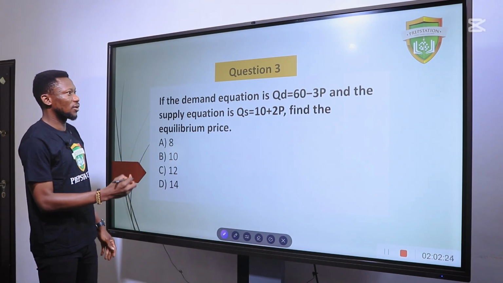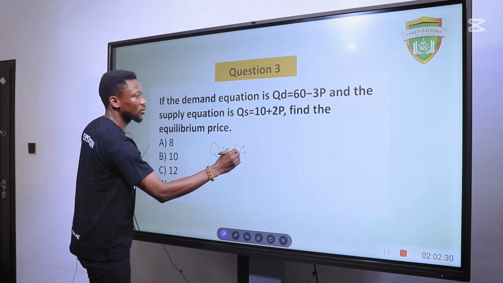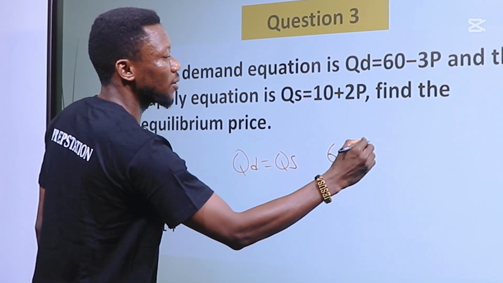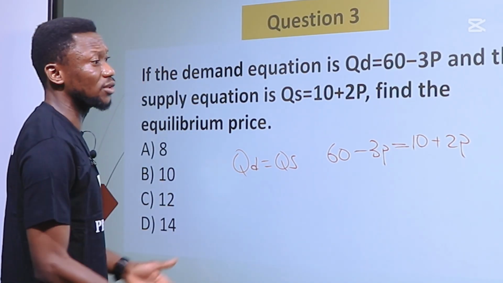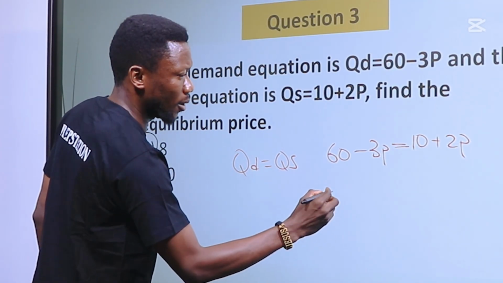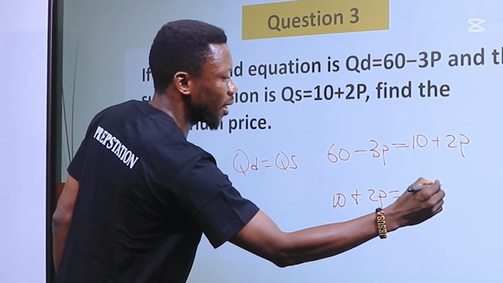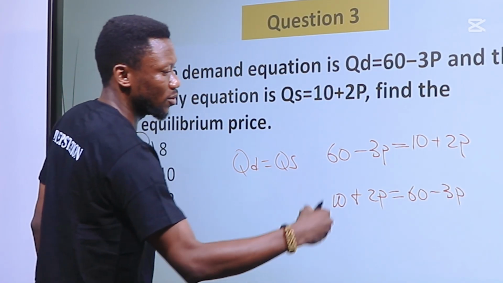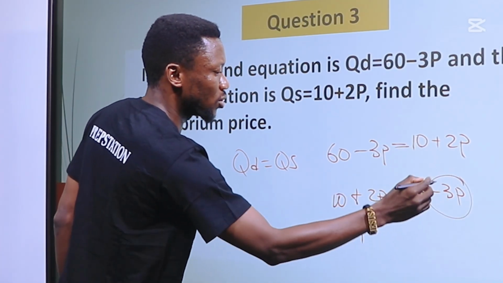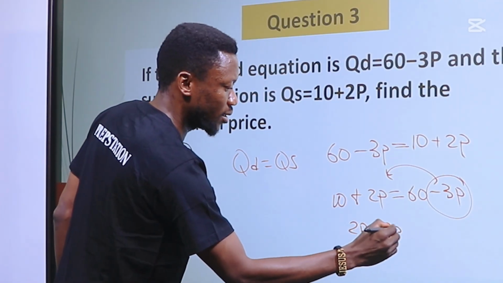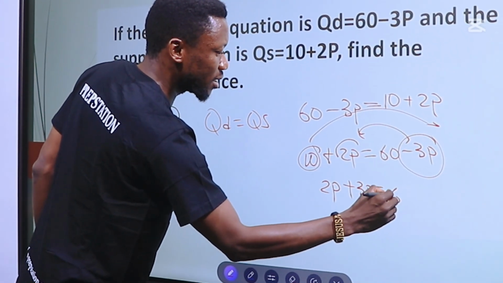So let's solve this question on QD equals QS, finding equilibrium points. So that's QD equals QS. If we solve it, we have 60 minus 3P equals 10 plus 2P. Whichever way you write it is still fine because you typically get the same thing. But to avoid the negative, you can just say 10 plus 2P equals 60 minus 3P. So in solving this, collect like terms, that will be 2P right here. Move this value to the other end, that will be plus 3P. Then move the other value, that's 10, to the other end, that will be 60